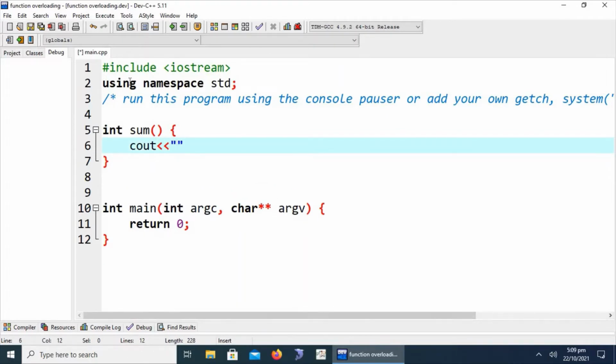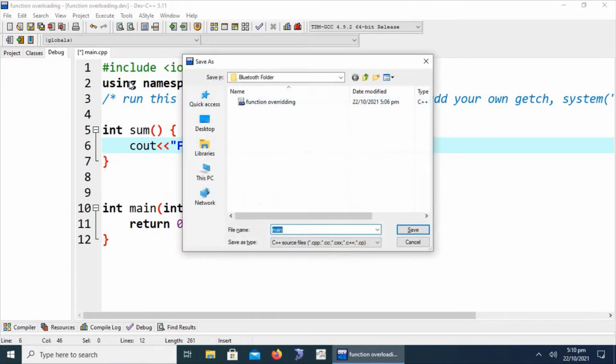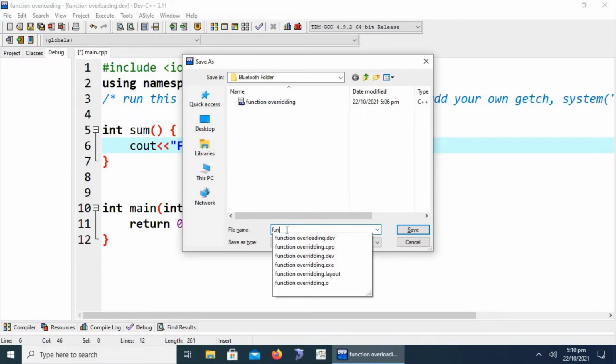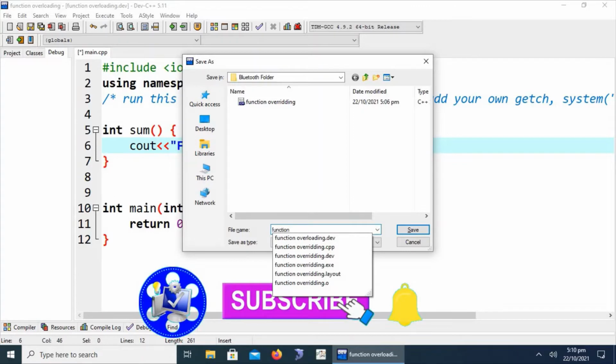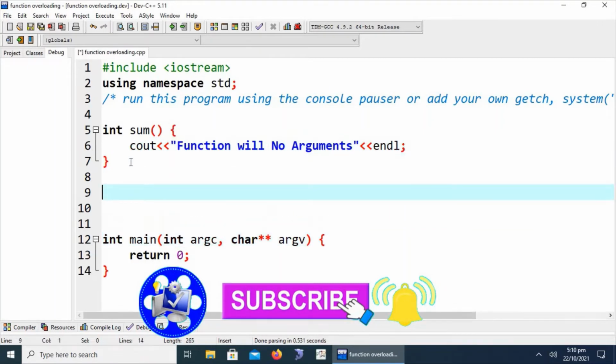I am writing here a function with no arguments or parameters. Before compilation we will have to save the project. I am saving here as function overloading. The project is saved successfully.